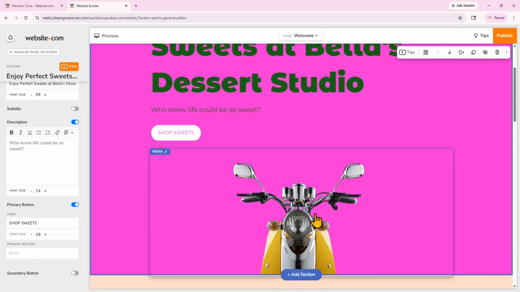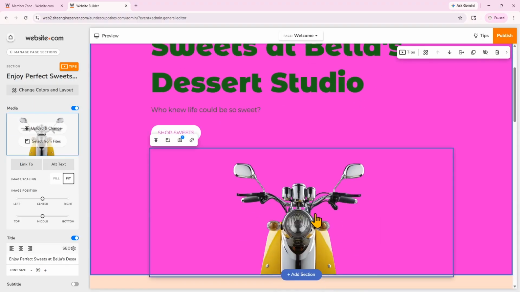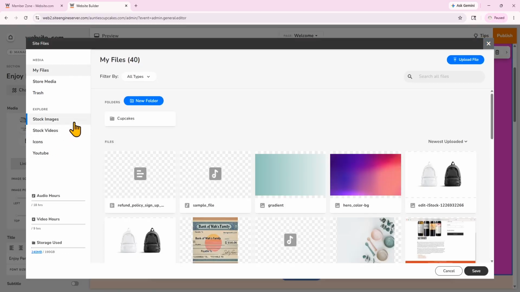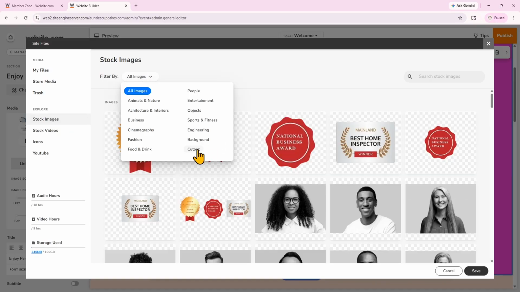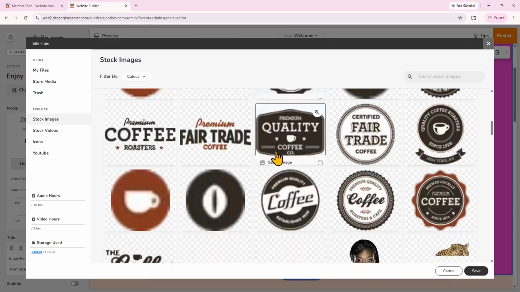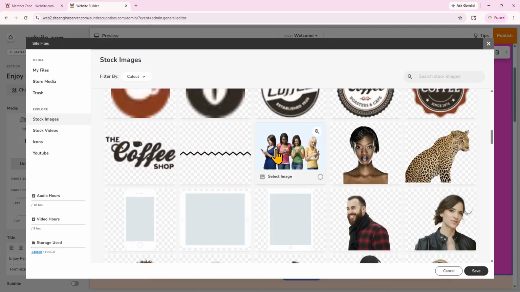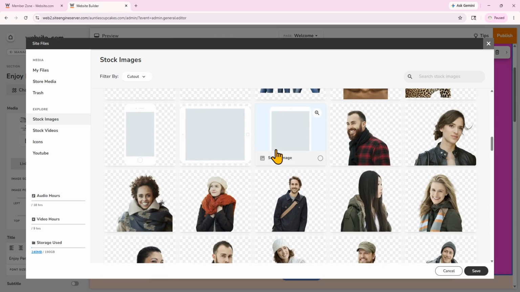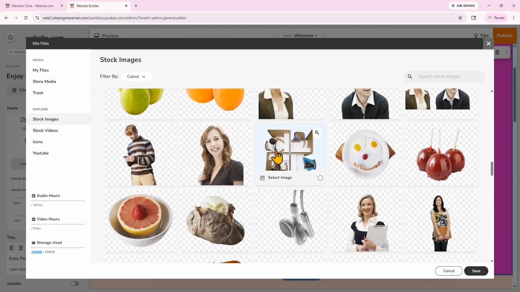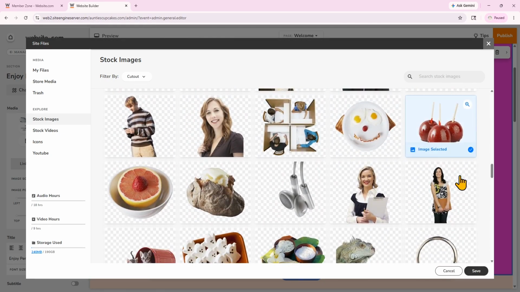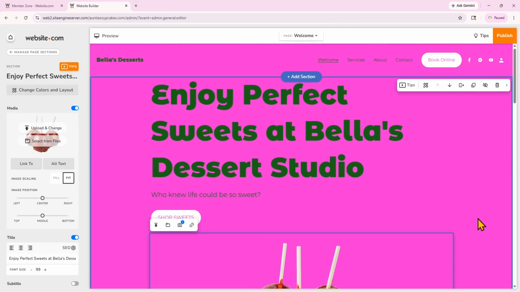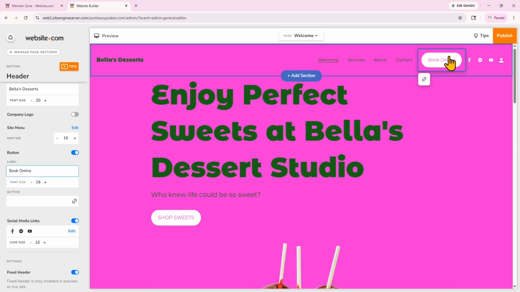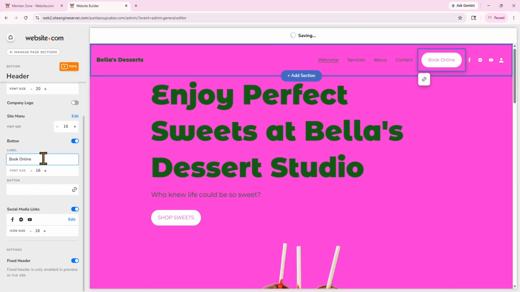And let's go ahead and change this image. Again, you can upload your own images. I'm just going to select from Files, and I'll choose a stock image for now. I'm going to choose from the cutout designs because I think that will look great with this design. So if you do use your own image for this design, you might want to consider a cutout style. I'll just change that button text as well.